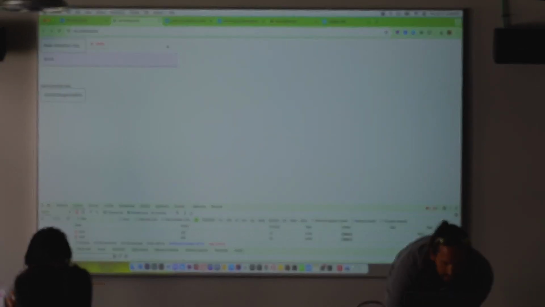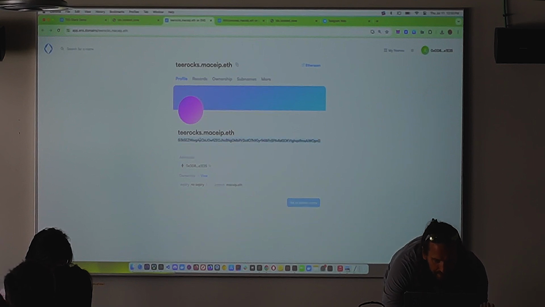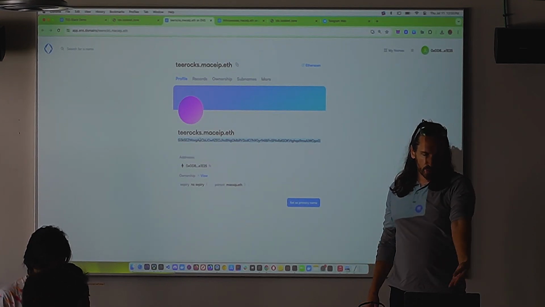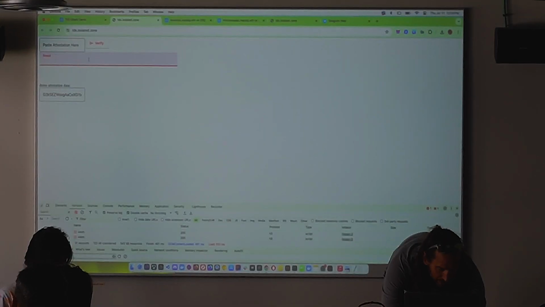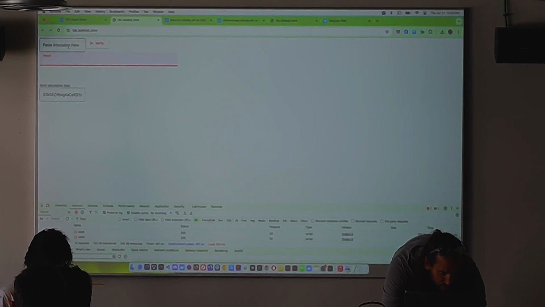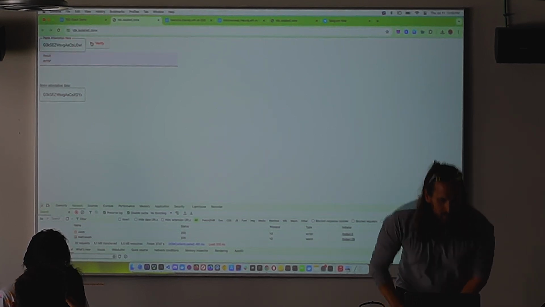And one way to do that is, it's a little contrived example, but you can just copy. Did anyone actually create a subdomain? Did it work for anybody? Excellent. So you could actually just copy the text record here. You can paste it in this little box. That's CSS. That's actually the wrong box. You paste it there, and then